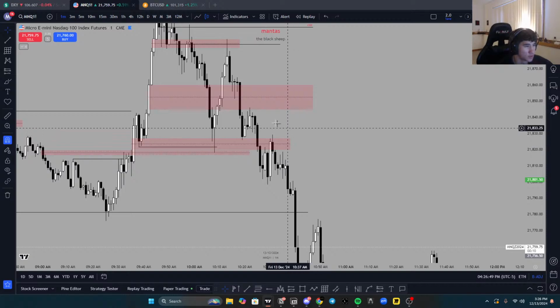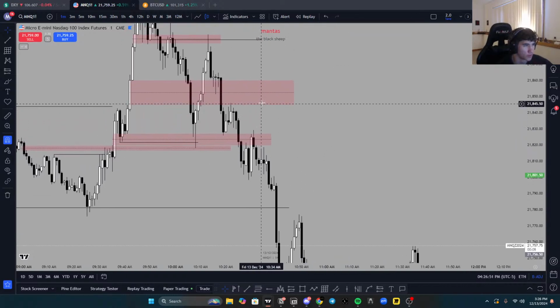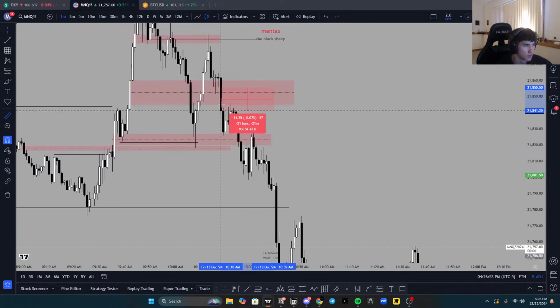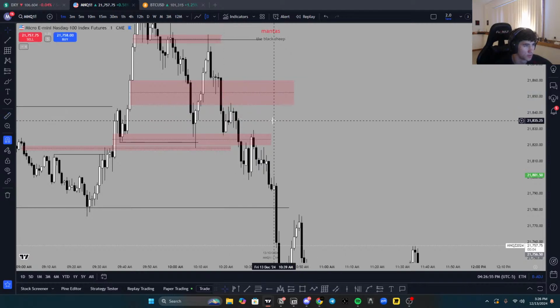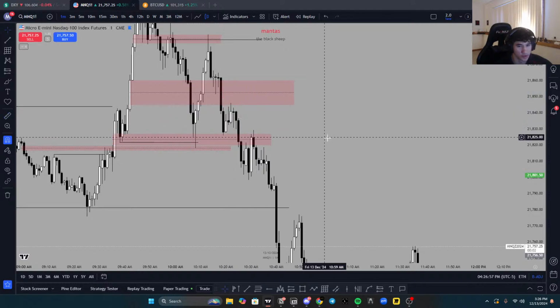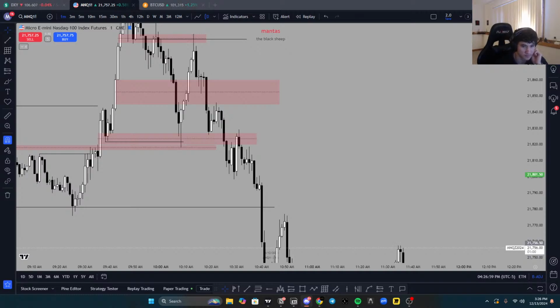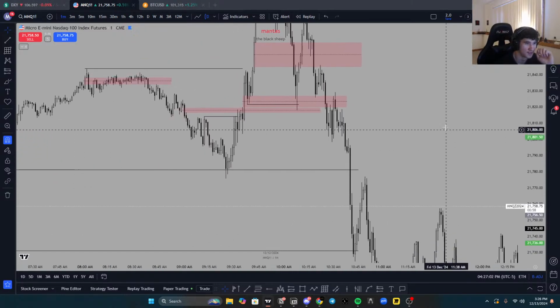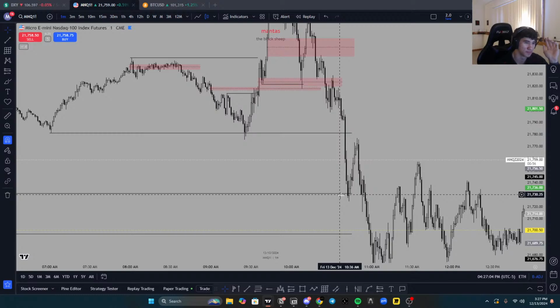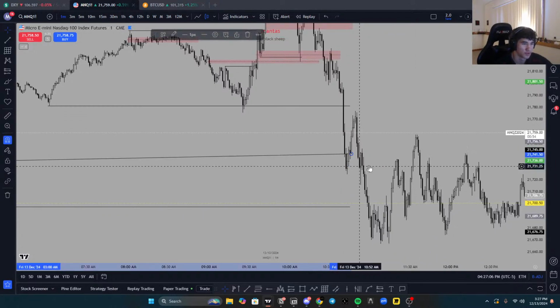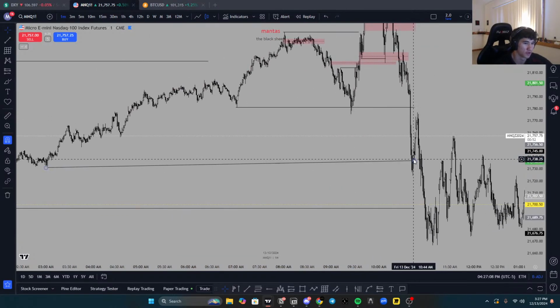But as you can see here, we're starting to form some pretty high probability order blocks. High probability order block, boom, we tap into it, we push lower. Okay, then we push lower, bang, here's our London low take profit, perfect. And I'm going to show you what kind of gave me the confluence to go longs.